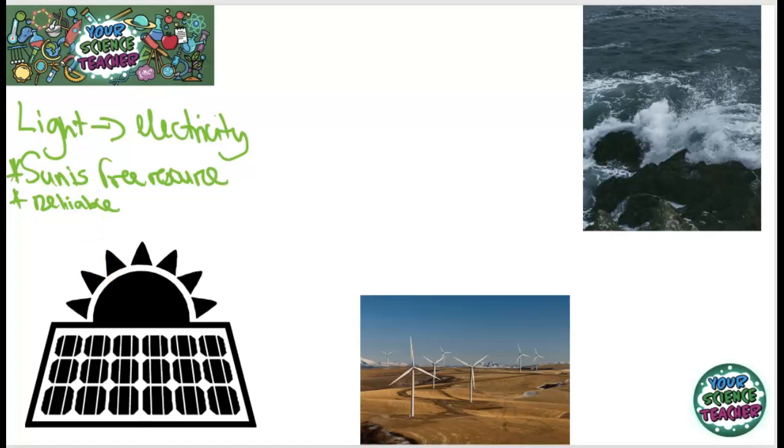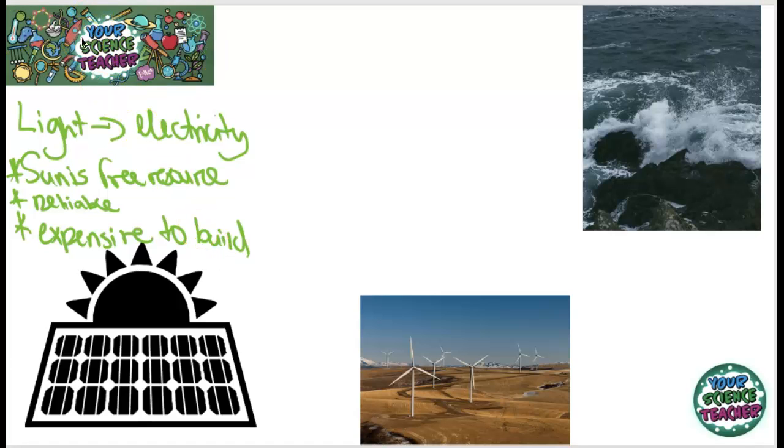So why do we not see solar panels everywhere in the UK? Why do we not see them on top of buildings everywhere, in farmland? Why do we look at alternative resources? Well, there's a few reasons for this. The materials used to build solar panels can be expensive. Also, they need quite a lot of land. They don't generate as much power as some other resources for the size that they take up.